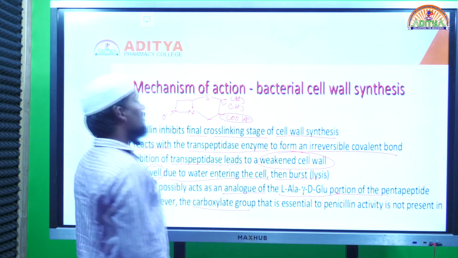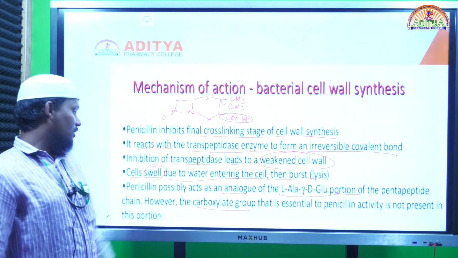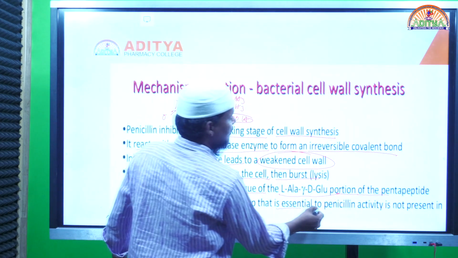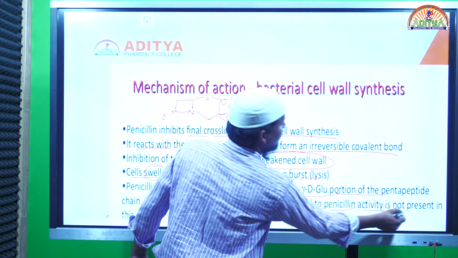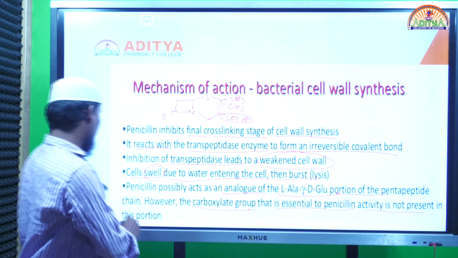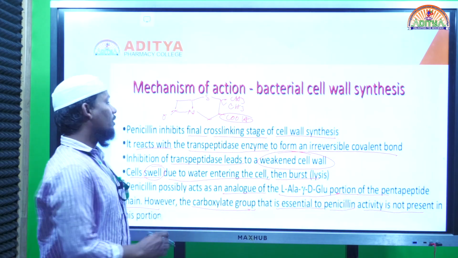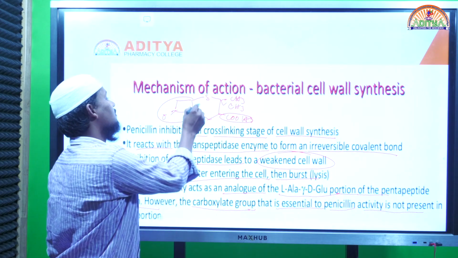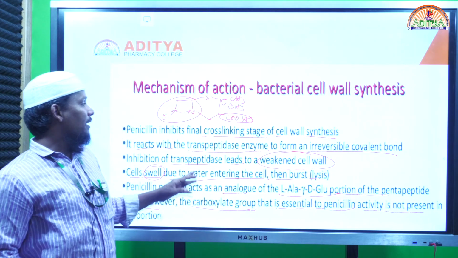So this carboxylic acid functional group is essential. Look at this, here the carboxylate group that is essential to penicillin activity is not present in this portion. But the carboxylic group is essential, and the beta-lactam ring is essential for the main activity of the